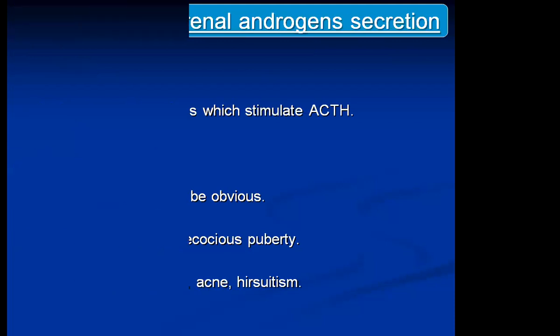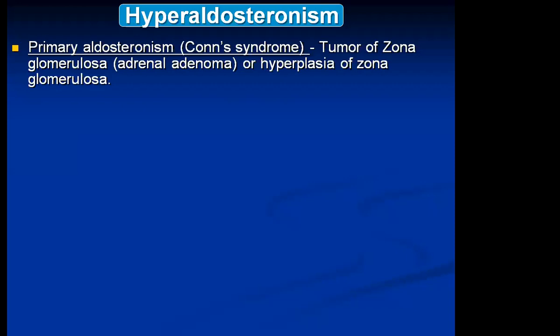Right now, the first hormone that we had studied was aldosterone. Now let us see if a particular individual suffers from hyperaldosteronism. What will be the effect? There is one condition known as primary aldosteronism, which is also known as Conn's syndrome. All of you must know the synonym for primary aldosteronism. You can be asked for a short note on primary aldosteronism or a short note on Conn's syndrome. So they are synonyms.